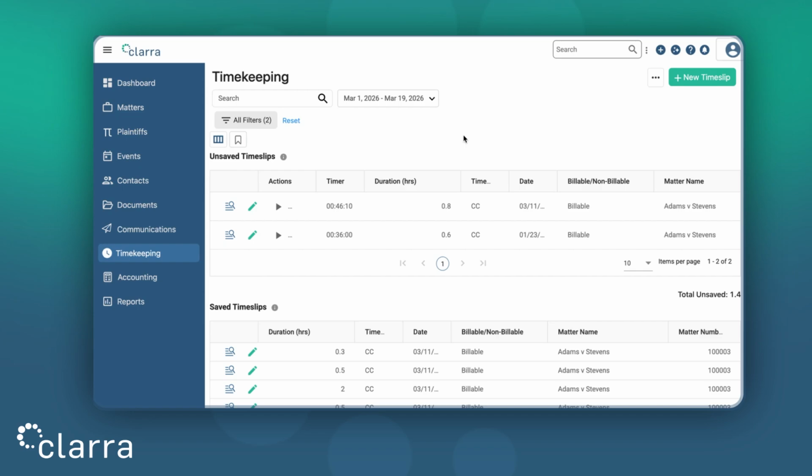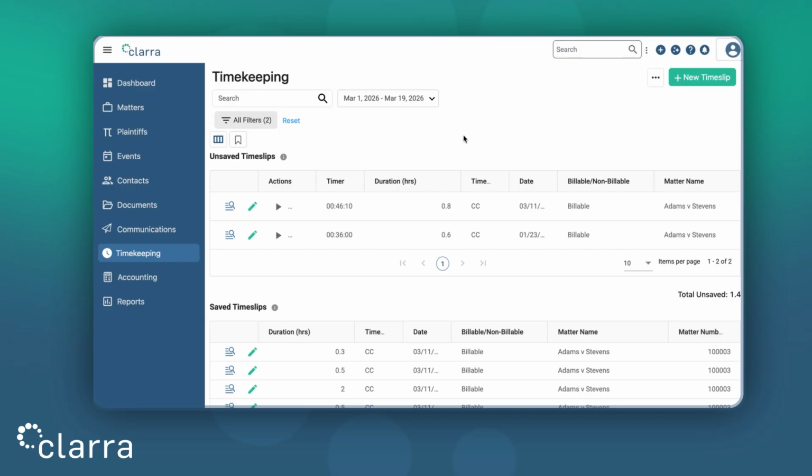You can also disable the time tracking feature to transform timekeeping to serve a different purpose, such as recording notes or an activity log. This is particularly useful for companies that have their own time management system or operate on retainers or flat fees. See our video about disabling timekeeping for more information. Today, we'll focus on configuring timekeeping with time tracking enabled, so still making use of time slips and their duration-related